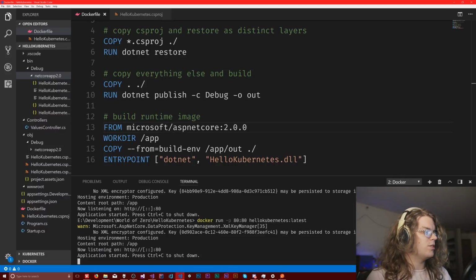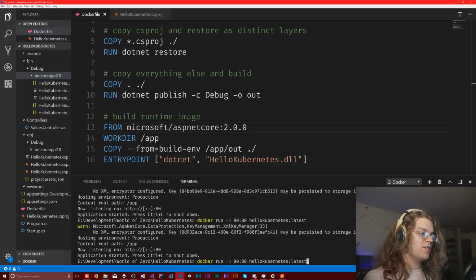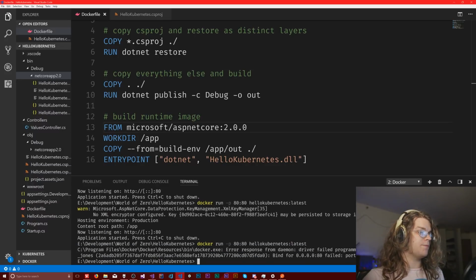And then you just have to do the same commands that I was doing. We were just running a build for our Docker file. That command is the exact same. The other one, we're publishing the port on port 80, so I needed to change that from 5000 to 80. And then once we get that,